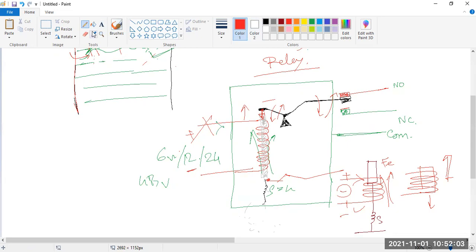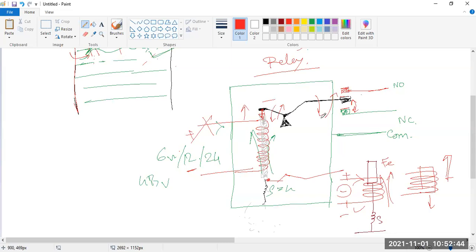Actually, I am just showing the basic area. That's why the first time it is NO and NC over here. So this is NO and this is NC: normally open, normally closed. Normally closed, it is connected. Okay, but whenever it is pushing over here, what happens? Normally it was open, but whenever this is pulling due to this induction, then what happens?